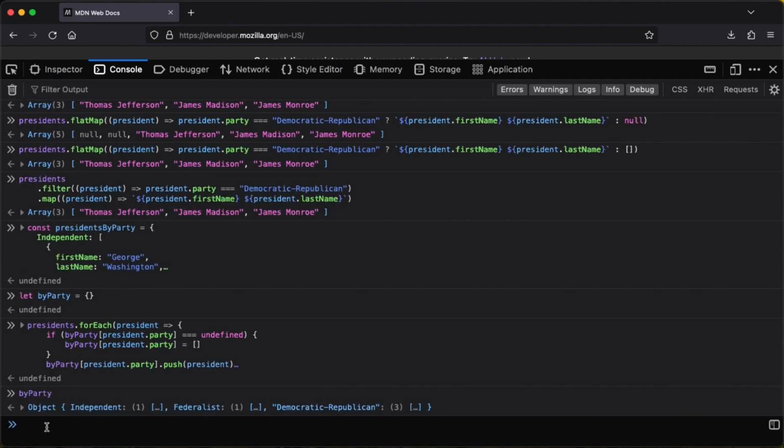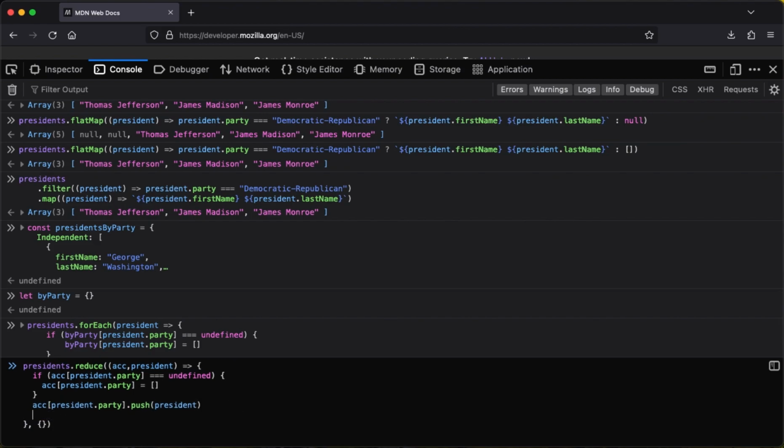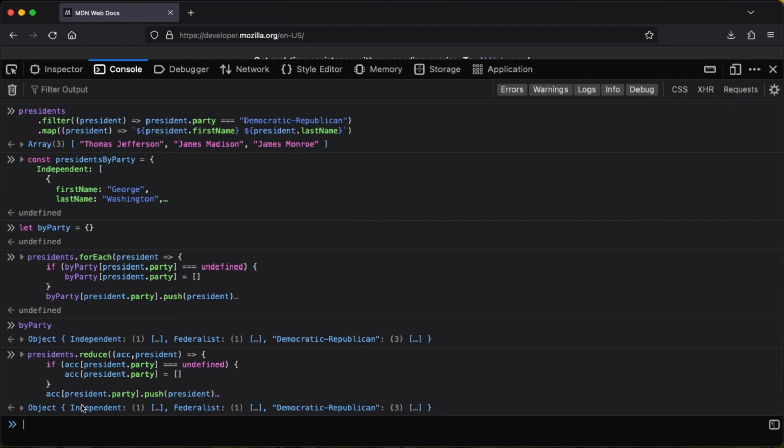So we can accomplish the same thing using the reduce method again. If we change this to reduce, and then we'll introduce that first parameter for accumulated, and then add in our starting value, which is an empty object, and then instead of referencing by party, we'll reference accumulated, and then we'll just have to make sure we return accumulated here. And we see our same result set: 1 in the independent party, 1 in the Federalist, and 3 in the